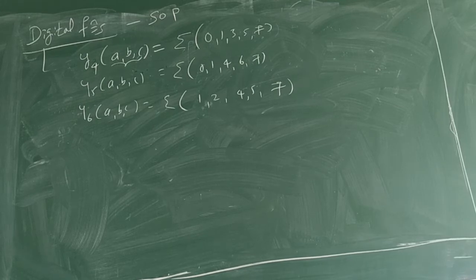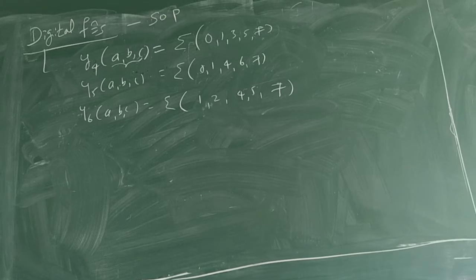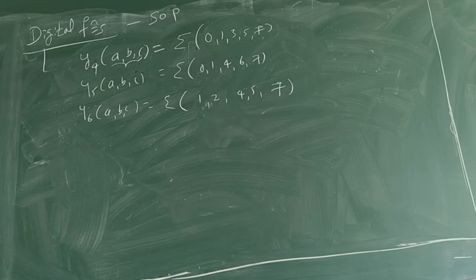First you have to write a table. If you are perfect, you can directly write the terms, like 0 as A bar, B bar, C bar. If you want time or a little practice, you can prepare a table in the corner of your notebook and refer to the same table for all. Don't prepare a table for each problem separately.